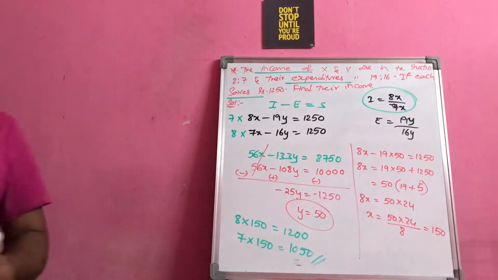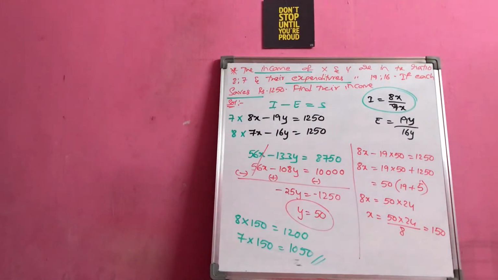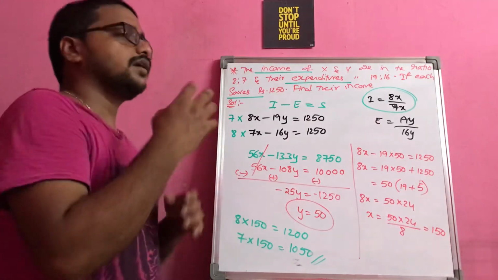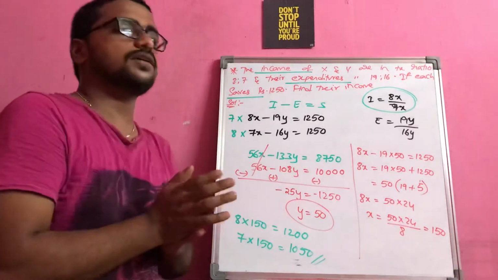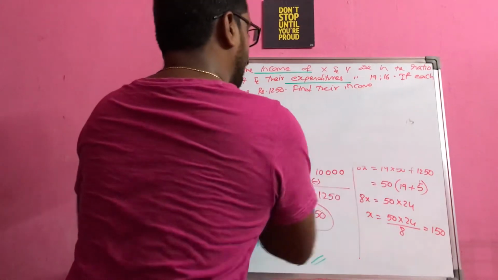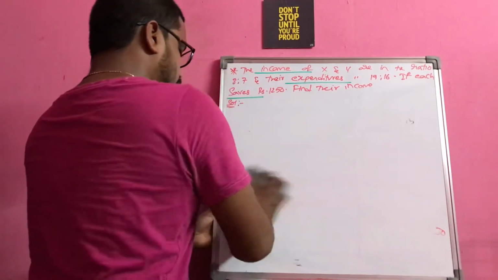Usually students get confused here in relating income, expenditure and savings. The one important point you have to remember is that income minus expenditure will give you savings. That is the basic logic. You can remember it like IES, Indian Engineering Services. It follows that order: income minus expenditure is nothing but savings. Like this you can try to realize it in this simple way so that it is easy for you. Now let us see another question.